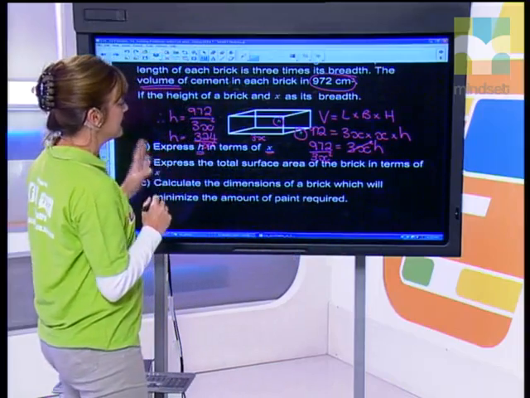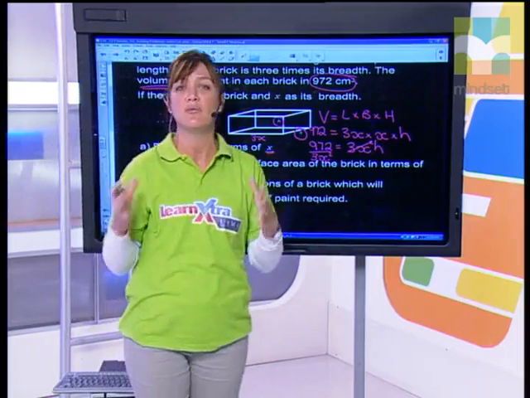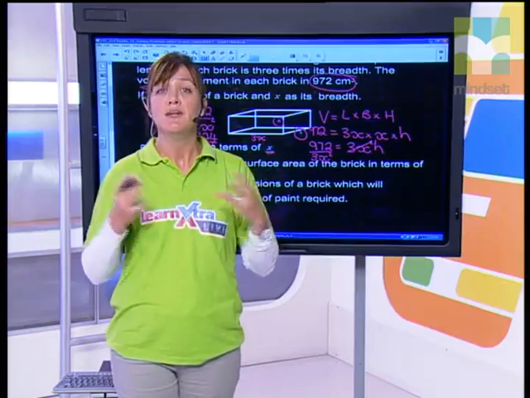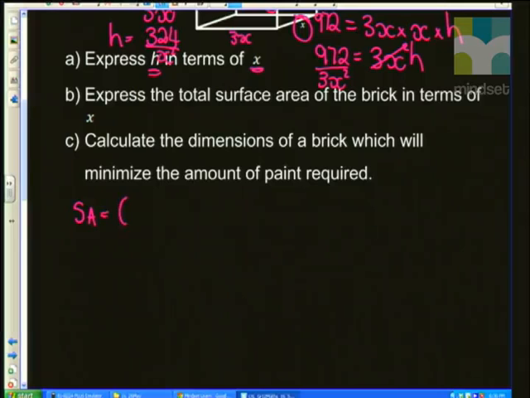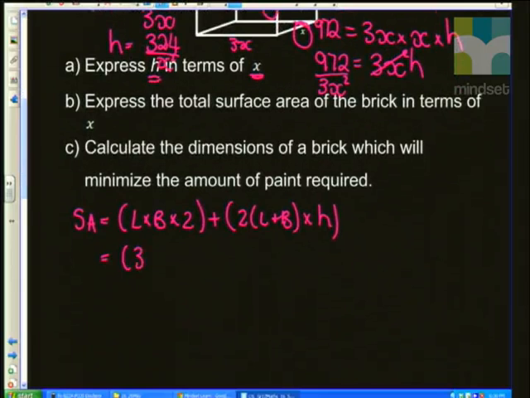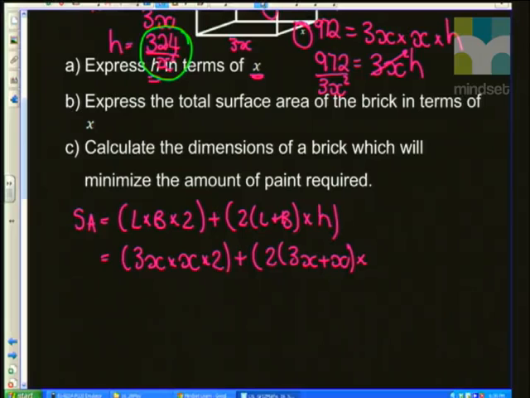Now that we've got that, it says express the total surface area of the brick in terms of x, okay? So this is where I say you need to know those formulas for surface area and volume, because this is an instance where we would have to apply it, all right? Surface area, we've spoken about, is the area of the base. Now, the surface area of a rectangular prism is length times breadth times 2, plus the perimeter of the base, so that's twice the length plus the breadth, times the height of your shape, okay? So if I were to apply this to my shape, the length is 3x, the breadth is x, and we're multiplying that by 2, plus 2 times my length, which is 3x, plus my breadth, which is just x, and we're multiplying that by the height, and don't forget that the height has now been written in terms of x, so we're going to refer to it as